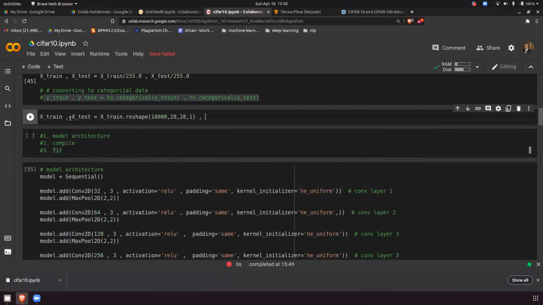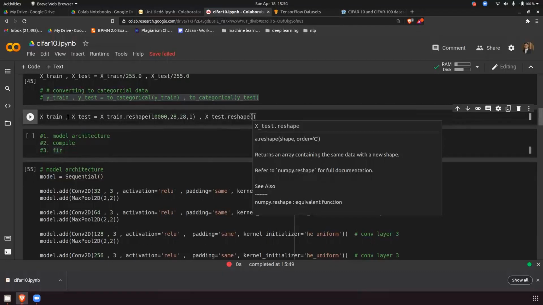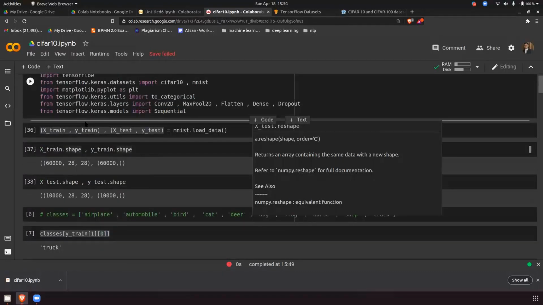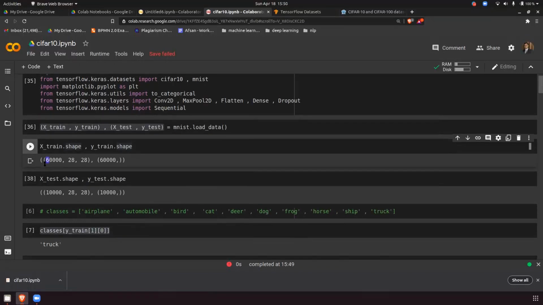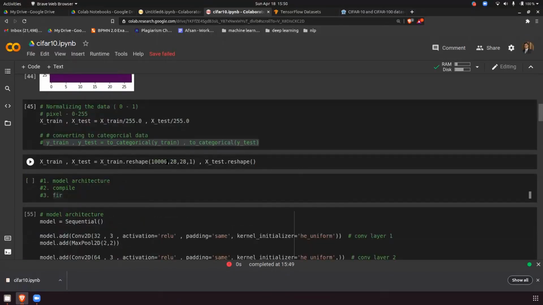And the same thing I will give as x test dot reshape, and what is the value here? Okay, this is 60,000, not 10,000. That's the issue. So this is 60,000, and the same thing for x test will be 10,000. So now it's correct, everyone. Just rectify this.